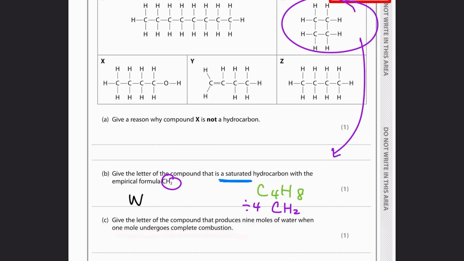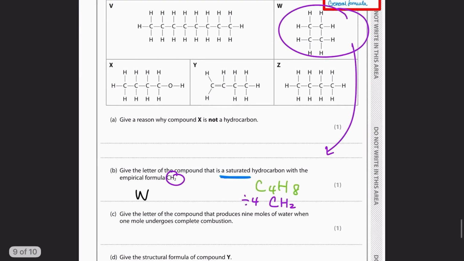mole undergoes complete combustion. When I first read this, I knew that some of my students might not be able to figure this out. So this is a very good question to practice, and I actually think it's worth more than 1 mark. Now, do it step by step. Ask yourself, what do I know about this question first? Complete combustion, you know what that is, right? That is when a hydrocarbon,